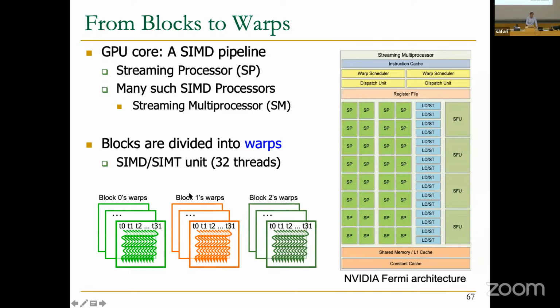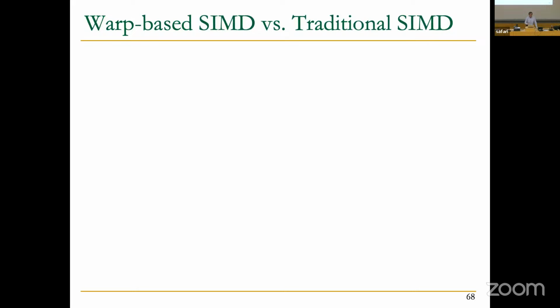Block 0 has some warps, block 1 has some warps, block 2 has some warps, etc. And they get basically scheduled onto streaming multiprocessors, if you will. Again, I don't expect you to know what exactly blocks are, but you should really know how warps are executed. There's also block scheduling that we're not going to cover over here. Okay, so without going into further detail and complicated things, let's talk about the advantages and disadvantages of warp-based SIMD